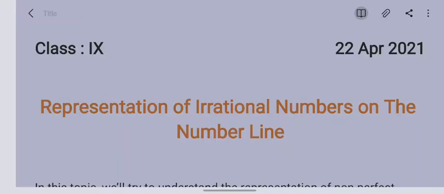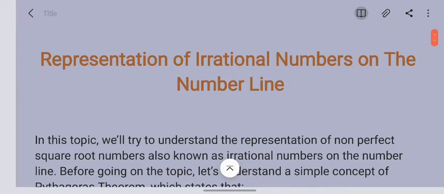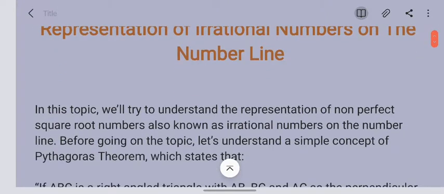Morning, children. Today our next topic is representation of irrational numbers on the number line. In this topic we'll try to understand the representation of non-perfect square root numbers, also known as irrational numbers, on the number line. And before going on this topic, let's understand a simple concept of Pythagoras theorem, and which states